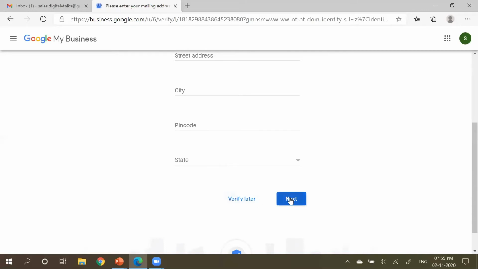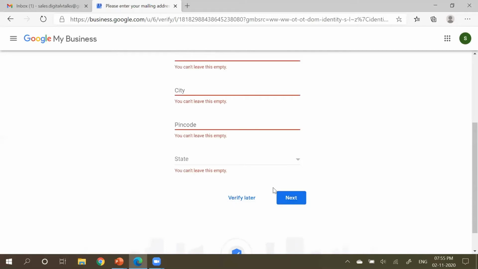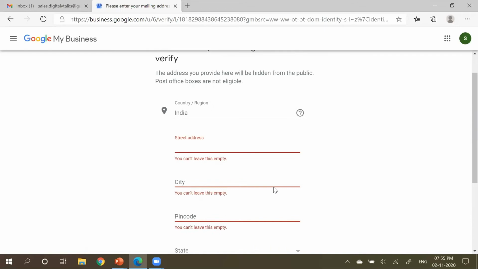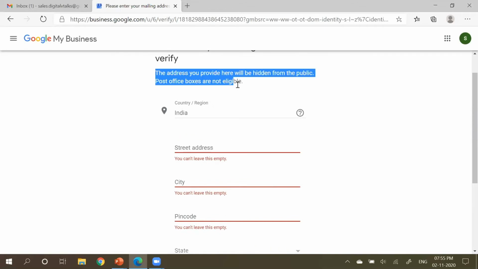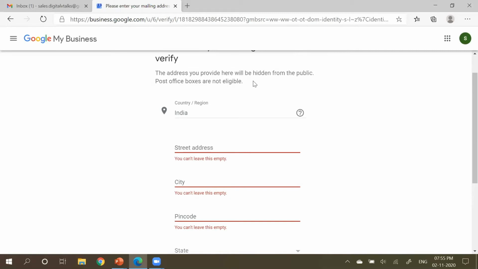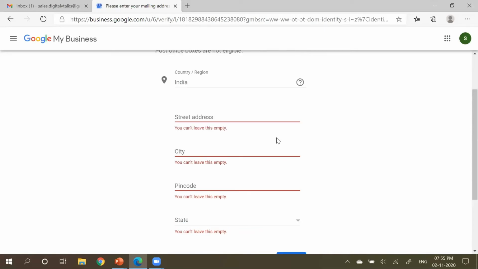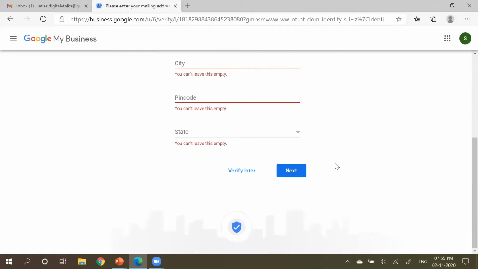When you click on next with the address provided, that is the time it will send you a particular ID, some type of OTP via postcard at your location. Once you enter that OTP back into this business account, that is the time your account will be known as verified. For now, I'm clicking on verify later.